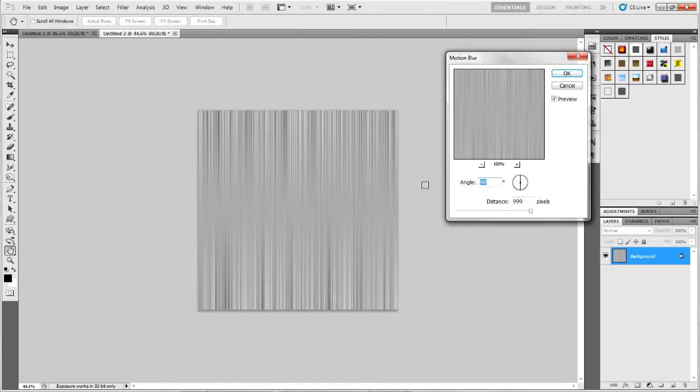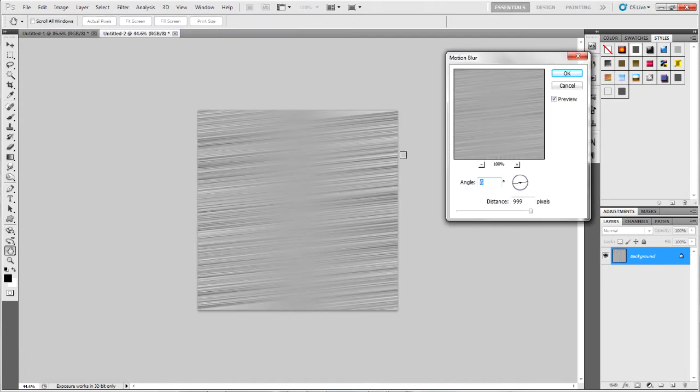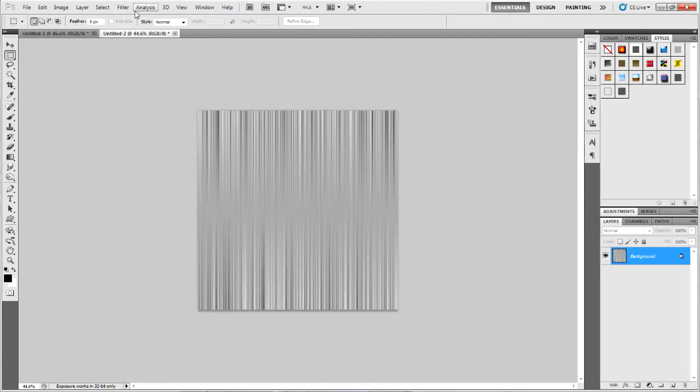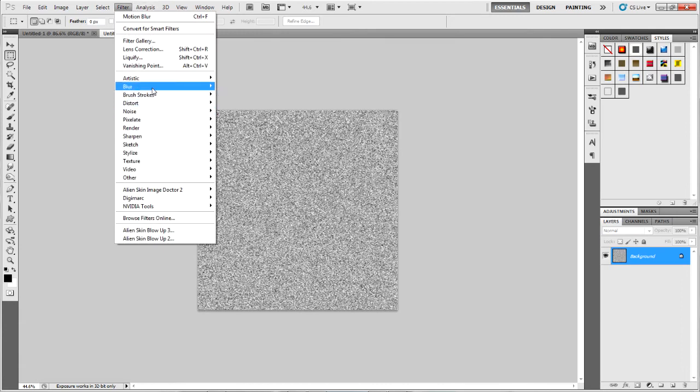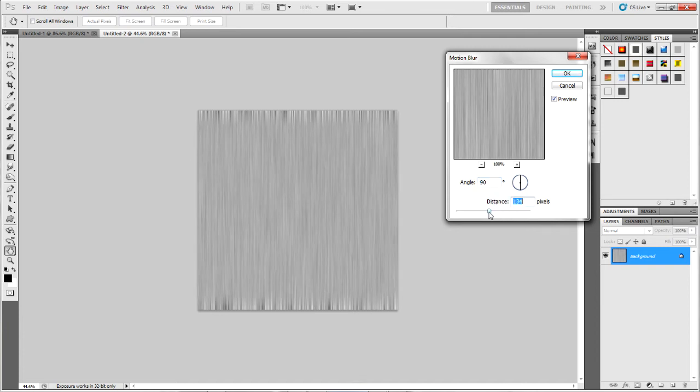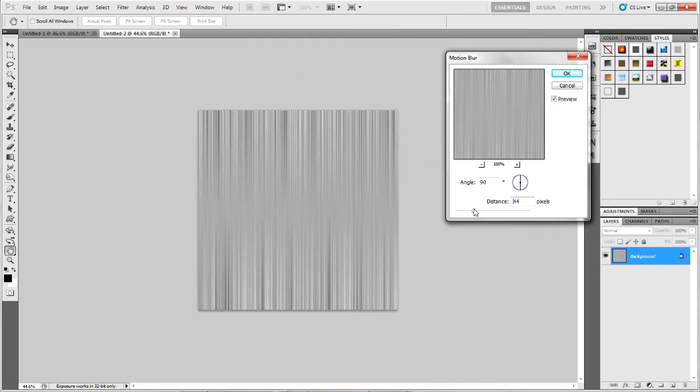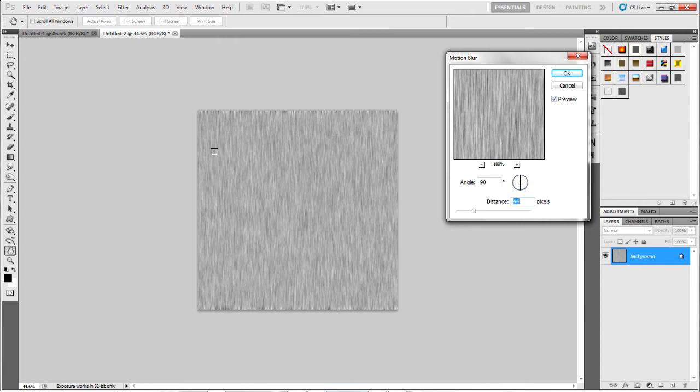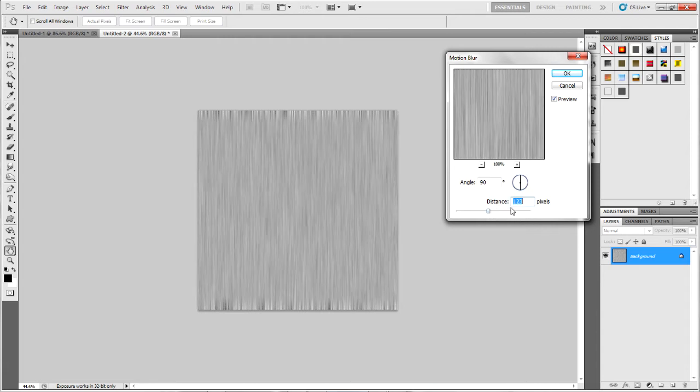Filter, blur, motion blur, and you can set it however you like, 90 degrees or 0 degrees, they both work. And to have this brush type effect like I showed earlier, reduce this distance value to 44 to 123 pixels,